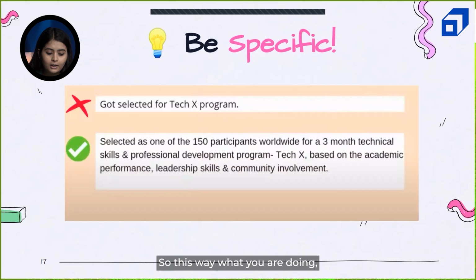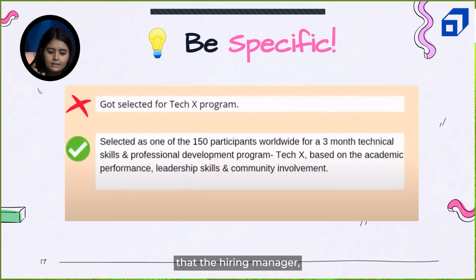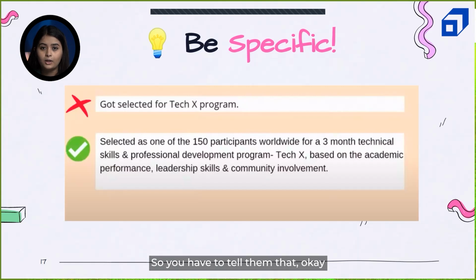So this way what you are doing, you are telling the recruiter that okay, this program is about this thing, because there are so many scholarships, there are so many awards in the tech domain. It's obvious that the hiring manager, the recruiter will not be knowing about each one of them, right? So you have to tell them that okay, this program was this much significant. Out of these many participants, you were also shortlisted, and based on what criteria were you shortlisted, you have to mention that as well.